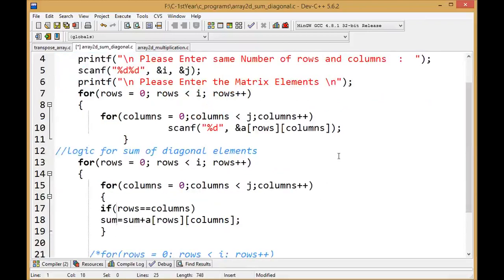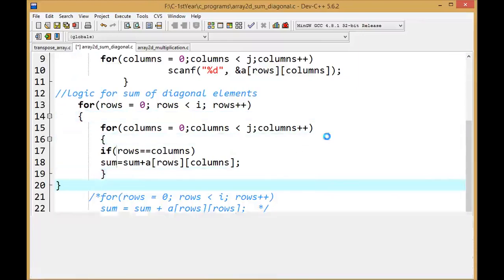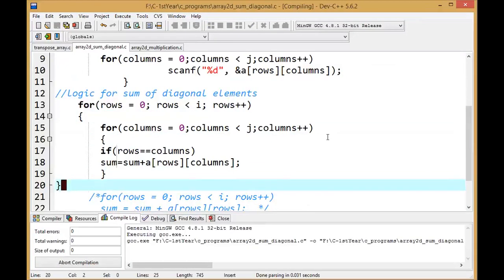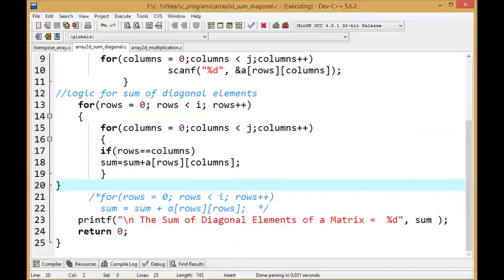I don't think any kind of error is directly visible. Some loop is missing. Here there is the first loop, second loop for entry, then the third loop. Here the semicolon and curly brace is missing. This was missing, I think. Let me fix it. Whenever we try to modify something, some errors may appear in this way, whereas whenever we do something from scratch, errors will never appear.